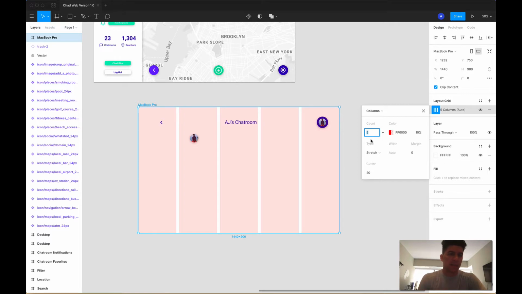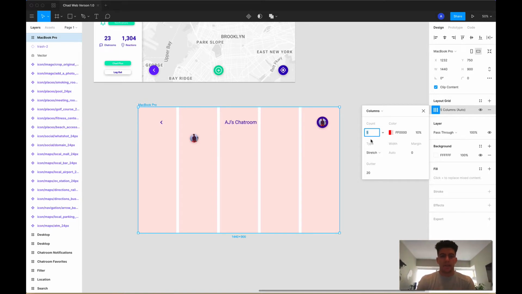I can easily integrate this into a program called Principle. I'm transferring from Sketch to InVision Studio to now Figma and Principle. Principle hooks up with Sketch as well, but I want to get away from Sketch. Principle adds so much more animation and customization, which is why I really want to get going with that. But what I wanted to start with here is designing this chat room and how we want it to look,